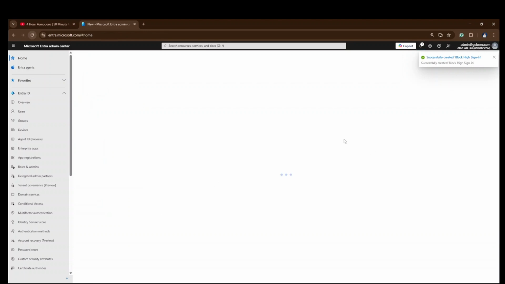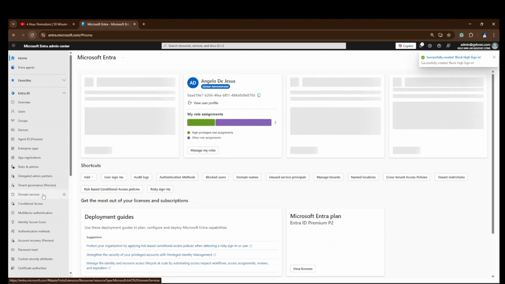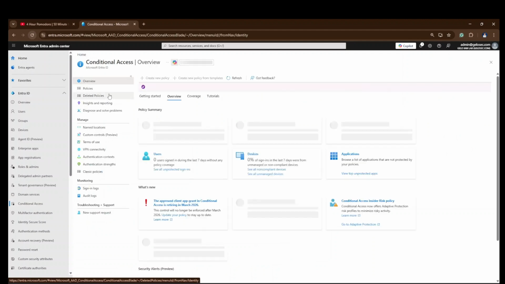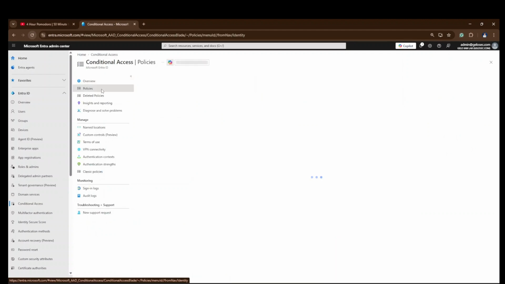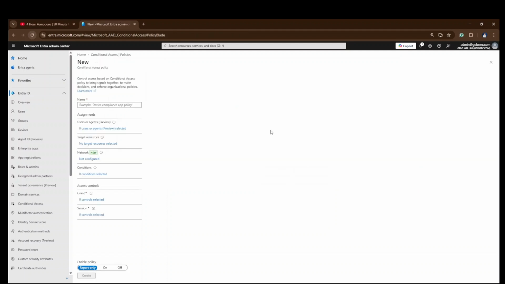Okay. Just click create and we successfully created it. Just go back to the home interface or go back to conditional access. Go to policies. And we now have three policies, and we're gonna create another one for, let's say, user